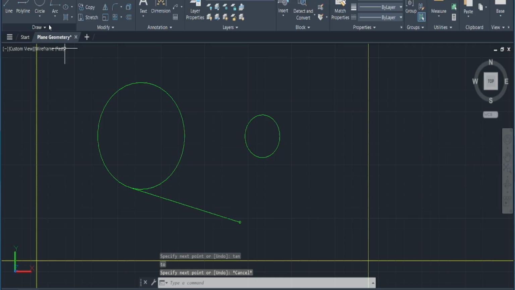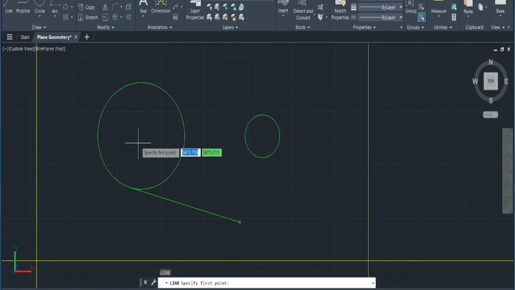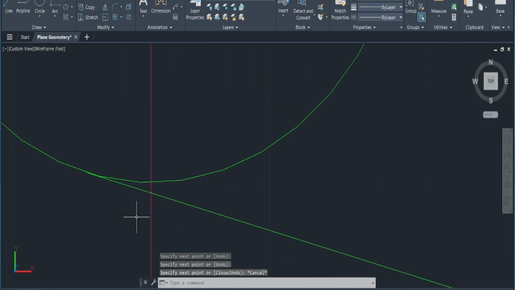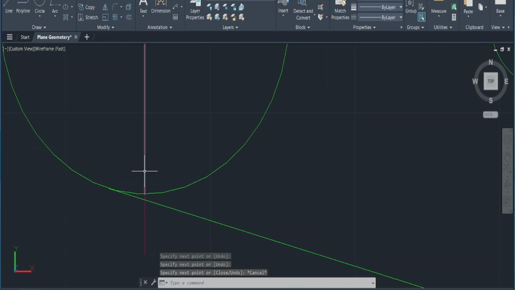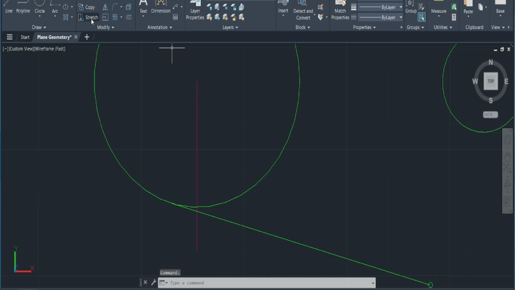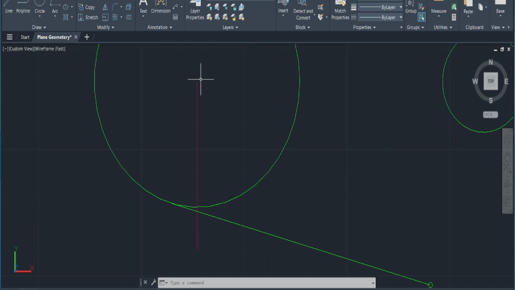Now, one of the things I would like to show you is that your tangent, I'm going to switch across to layer 2, layer 1 for this, is not always perpendicular to a vertical or horizontal plane. It's not always at that right angle. However, it will be at a right angle from the point of tangency. So that's the vertical line, and this one I'll enter. If I make this come here and measure this now,